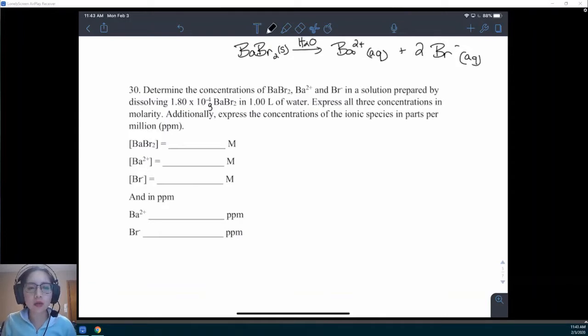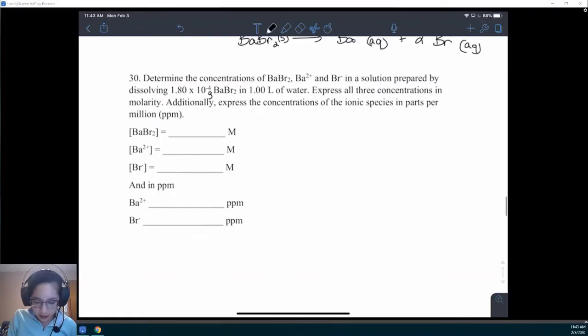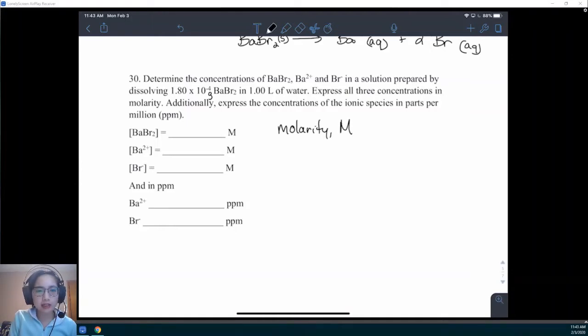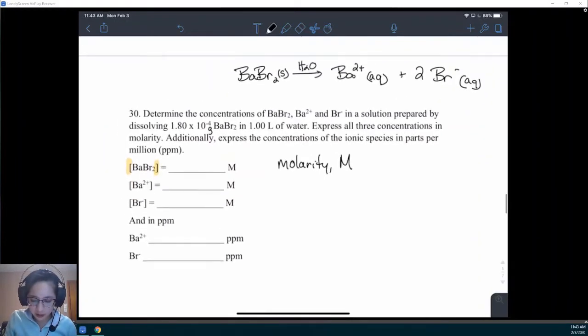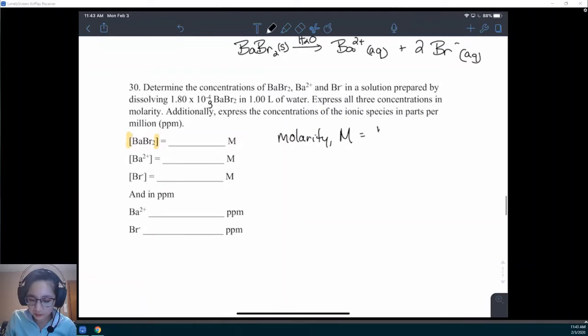Let's determine the molarity of barium bromide. Molarity is big M, and these brackets typically just indicate molarity. So that's like saying the molarity of barium bromide is this. All right, so let's remember molarity is equal to moles of the solute in question over liters of the solution. So the question pretty much tells us